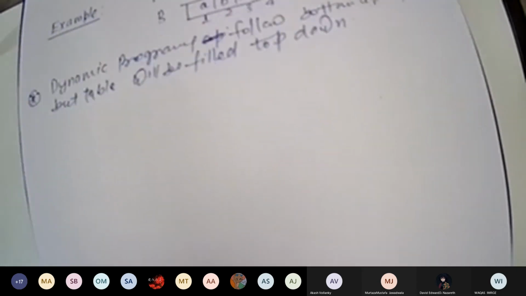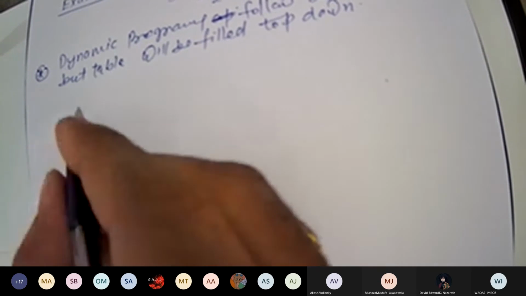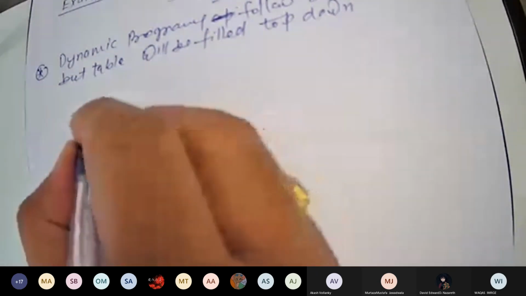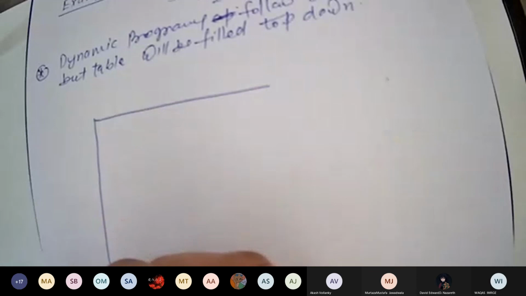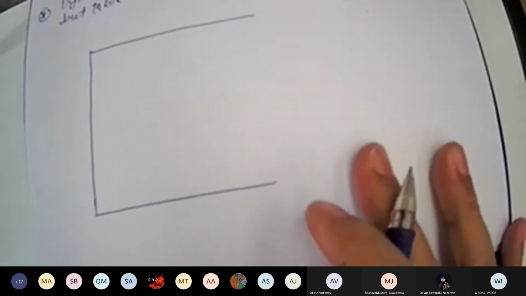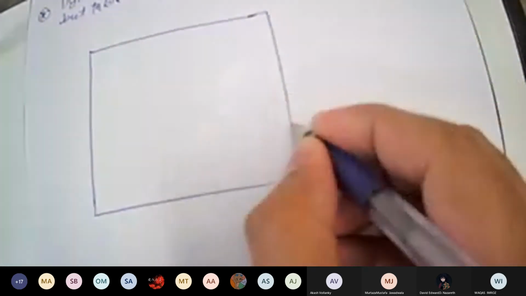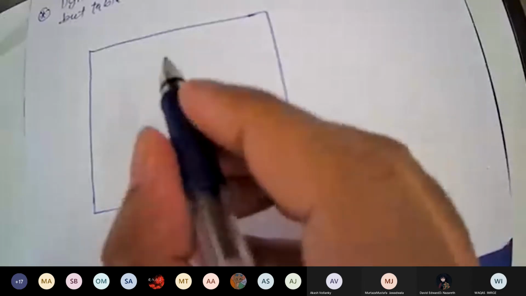Now let's make the table. Everybody had noted down the algorithm?